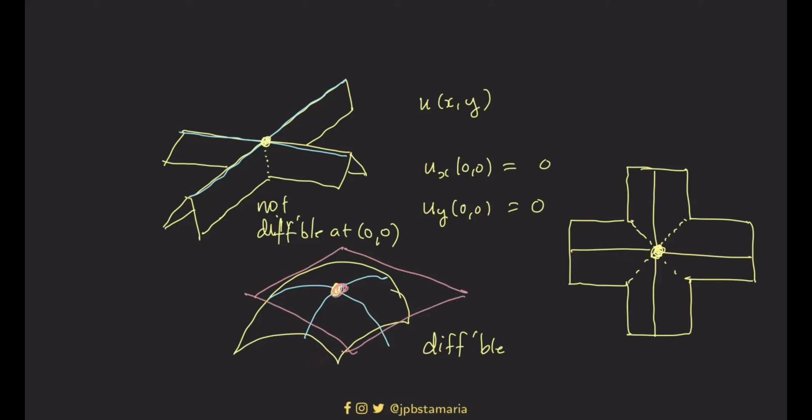makikita nyo, yung tangent plane nyo tsaka yung surface nyo, hindi masyadong nalalayo yung value at points surrounding the concerned point. Ibig sabihin, pag malapit ka lang doon sa gitna, yung value doon sa tangent plane, yung tangent plane mo, hindi pa siya masyadong malayo doon sa surface. Ang tawag dito yung local linear approximation, yung tangent plane. Ito yung function na dilaw, yan yung original na function. Yung local linear approximation serves as a good approximation to u of xy.